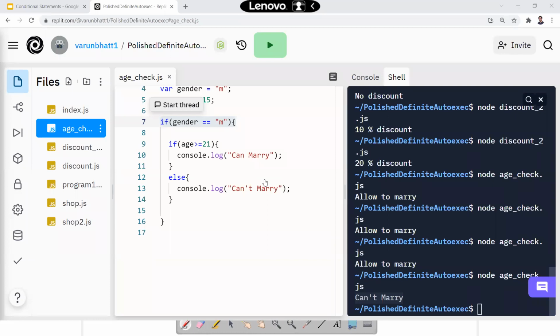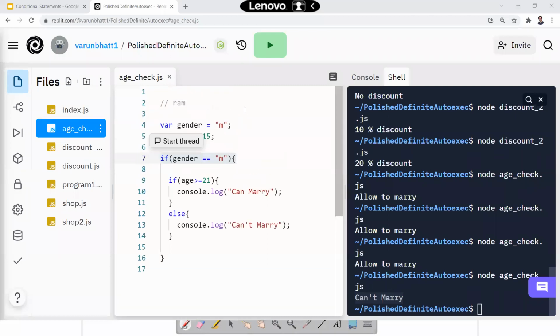Right now I'm just solving the problem for 2, and after that I'll move to the third one also. Okay. So for now, let's just assume that I'm only solving the problem for male and female. Then I will also add the third gender. Okay, so now this, if gender is equal to male, I have solved this problem. Now after this, what I'll do, if I write this else,